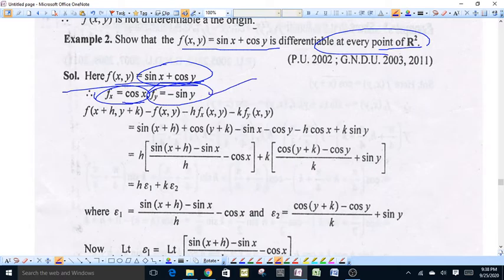Now, f(x+h, y+k) minus f(x,y) minus h times the partial derivative of f with respect to x at (x,y) minus k times the partial derivative of f with respect to y at (x,y) will be equal to sin(x+h) plus cos(y+k) minus sin x minus cos y minus h cos x plus k sin y. By putting the values of the partial derivatives of f with respect to x and y, we